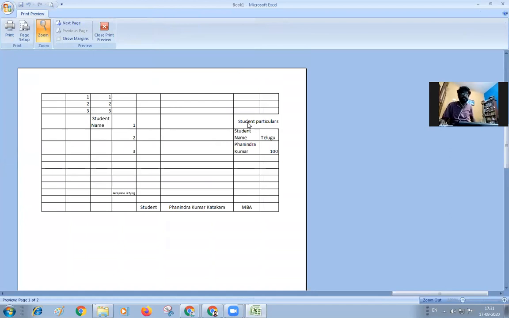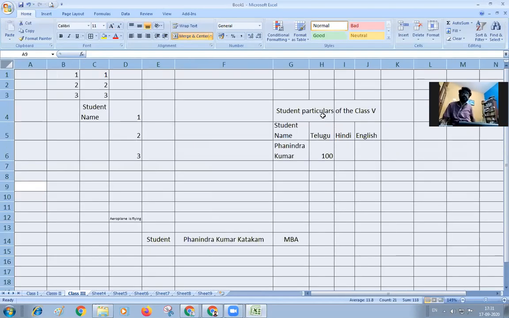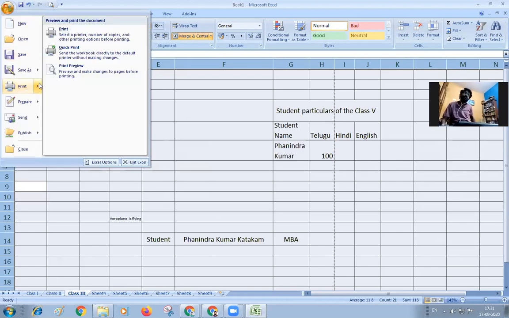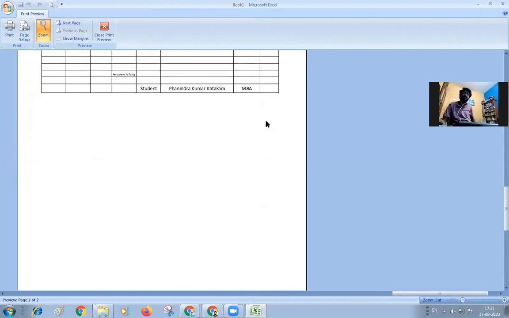Sir, why are you not getting student borders here? Student particulars here have been made with merging of cells. See this, merging of cells has been done, so I'm not getting it here. Then how it appears is that student particulars here, and in the next page,